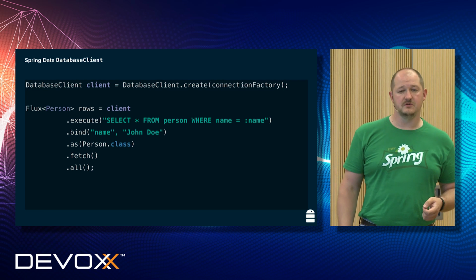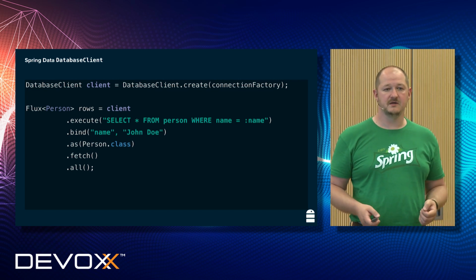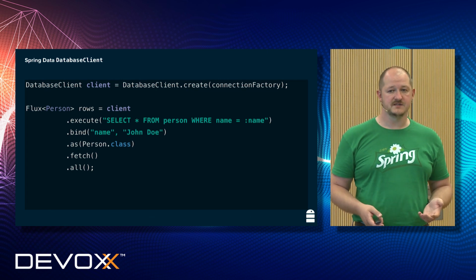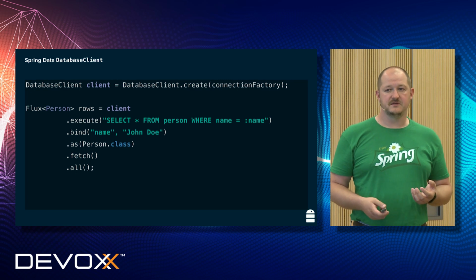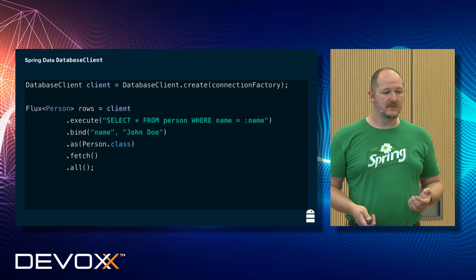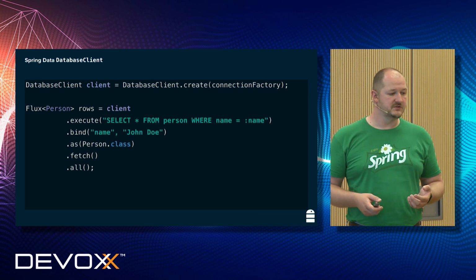So we took inspiration from the Spring WebFlux WebClient and came up with the idea of a DatabaseClient. The DatabaseClient allows you to express in a functional way what you want to do and which data you want to access, and gives you all these nice aspects that you might already be familiar with from Spring Framework itself. You create that DatabaseClient with a ConnectionFactory,